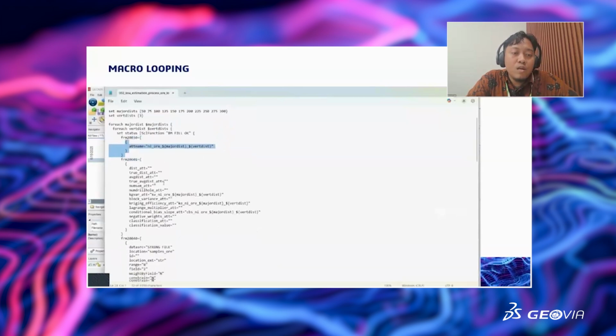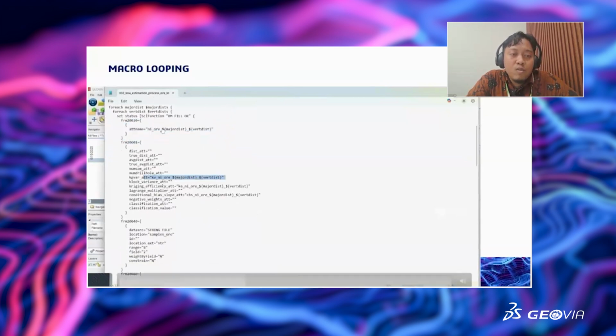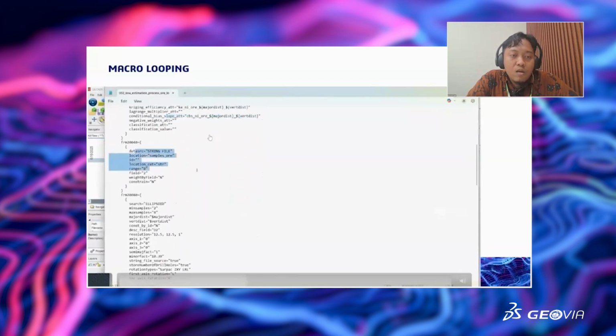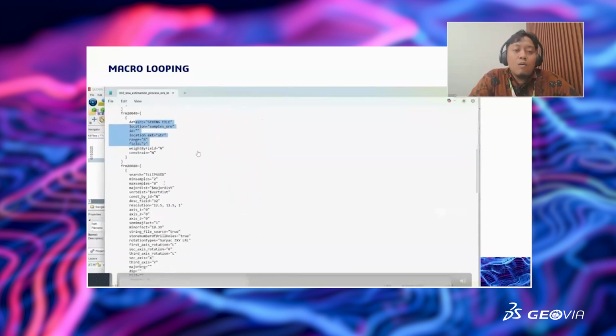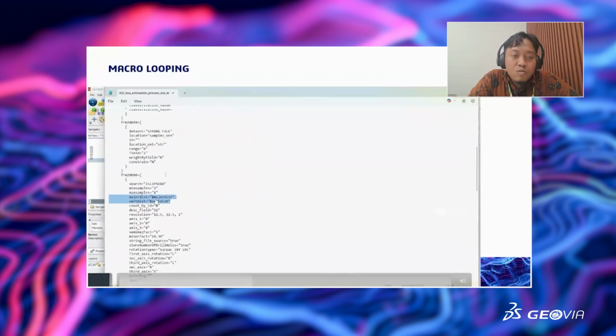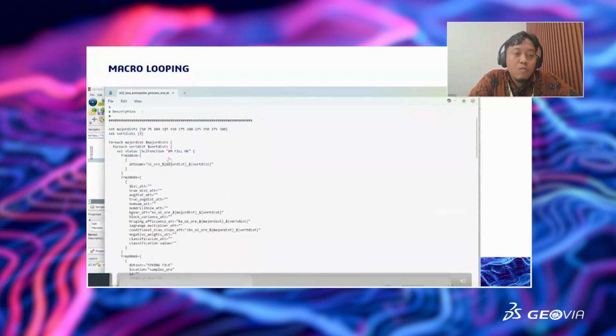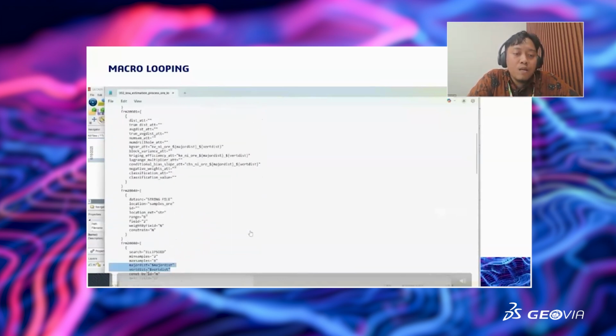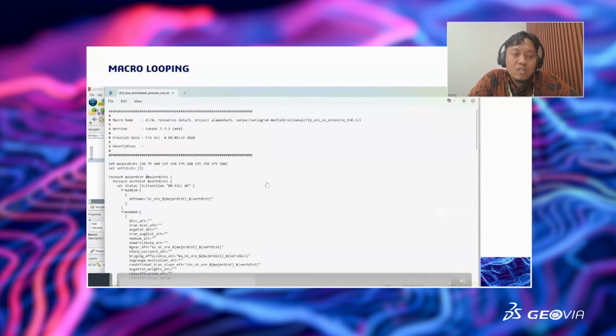So after that, this is the macro for the estimation for the ordinary kriging. It's the same. For the nickel ore, we will put the dollar here for the parameter that will call my setting of my macro on the top here. And for major distance, you will put the major distance with the dollar symbol here, and the rest will be the same.